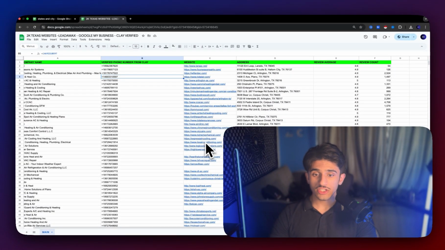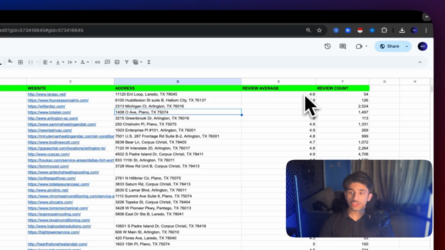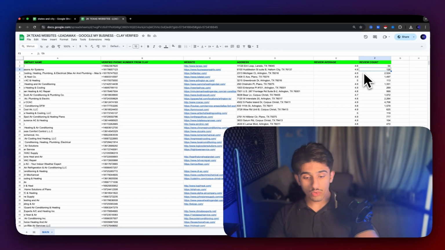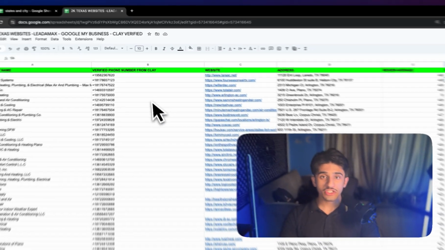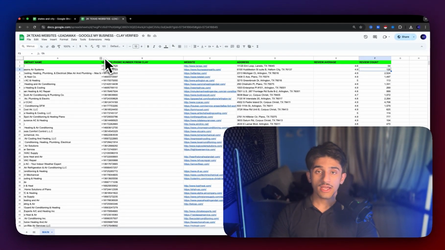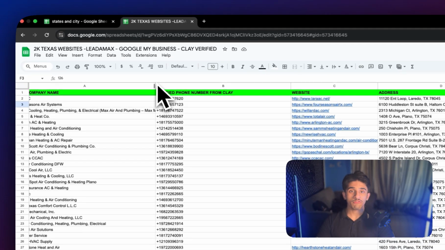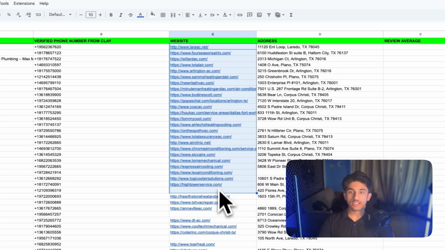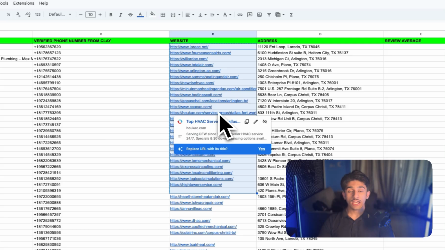Of course, for the website, some companies might have it, some companies might not have it, but that shouldn't be a problem. And of course, you get the address, you get the review average, review count, and every single thing. The CSV and the lead list and the company sheet is basically going to include this, right? Now you might have a question, oh Moise, I've got all the companies. How exactly do you find the data points, right? You just go into Apollo, take all these websites,